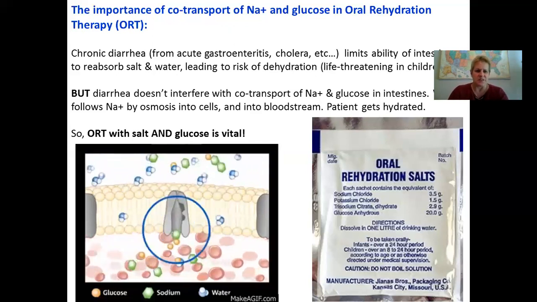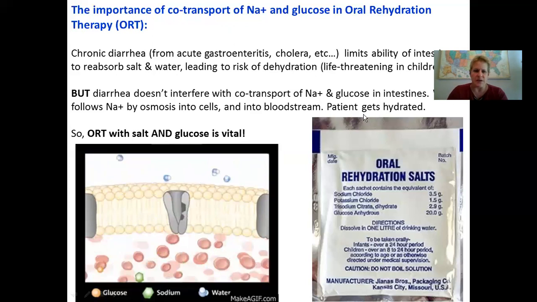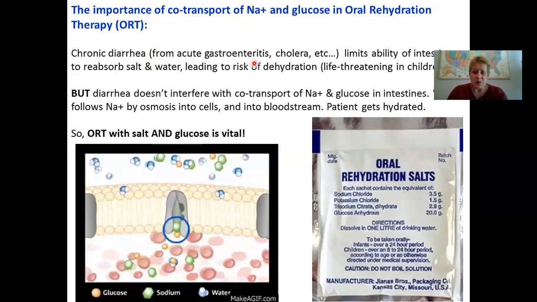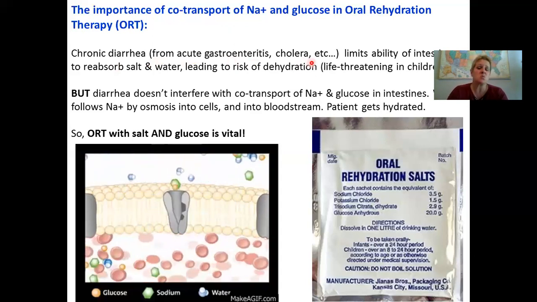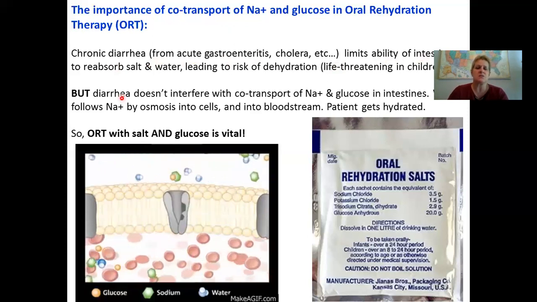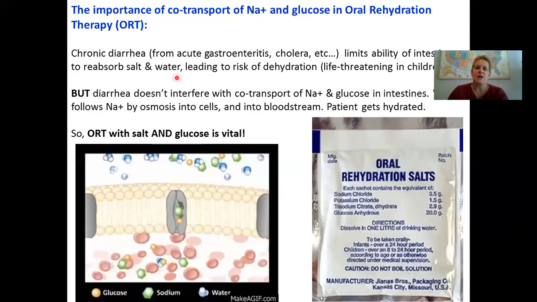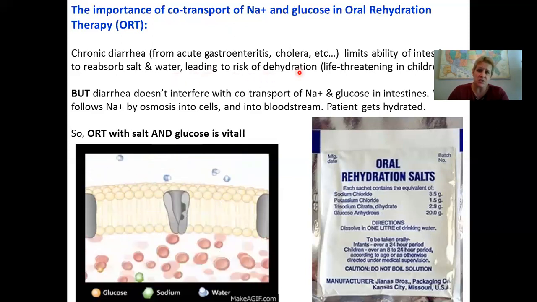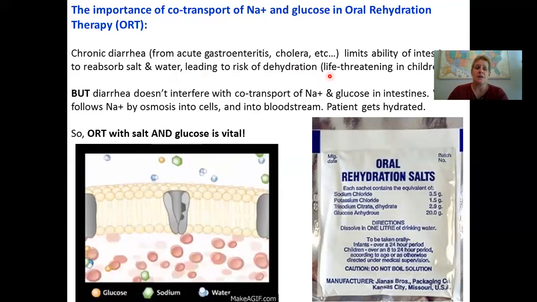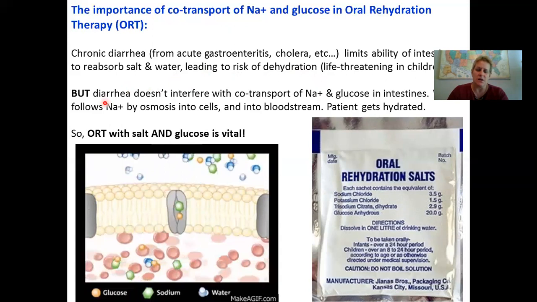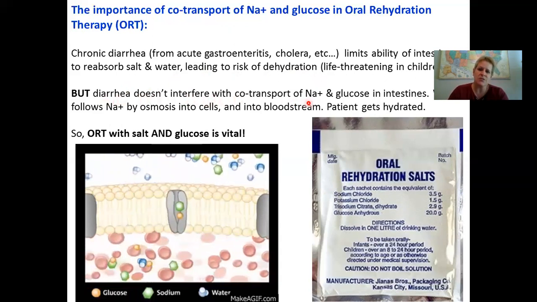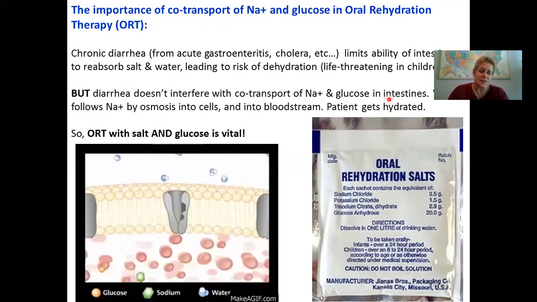Okay, so let's look at this. Chronic diarrhea from gastroenteritis, maybe someone's got C. diff, cholera, who knows what, inflames the intestines. It limits the ability of the intestines to reabsorb salt and water, and that can lead to dehydration, especially in children who are so small to begin with, they don't have a lot of fluids to retain, okay? However, diarrhea, chronic diarrhea, doesn't interfere with co-transport of sodium and glucose in your intestines,